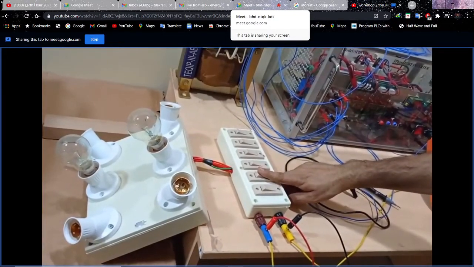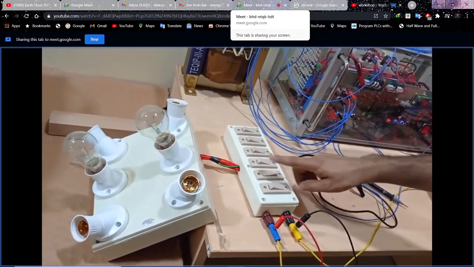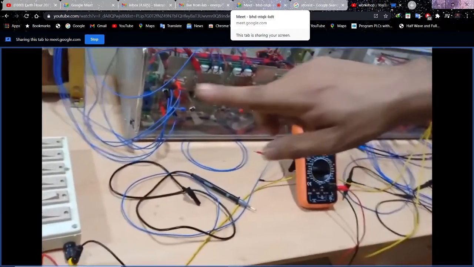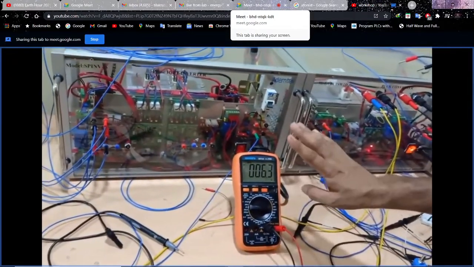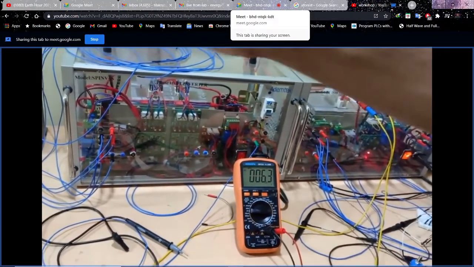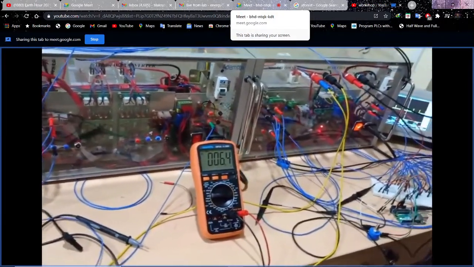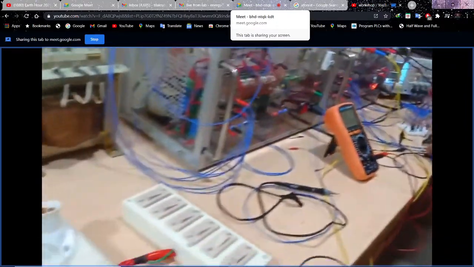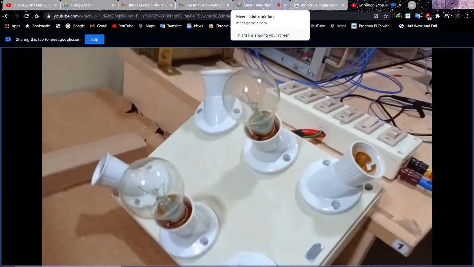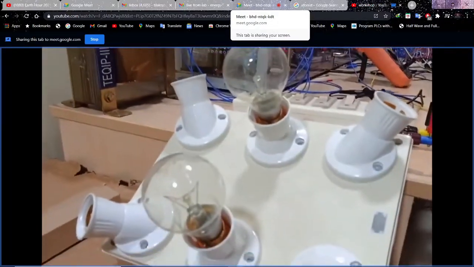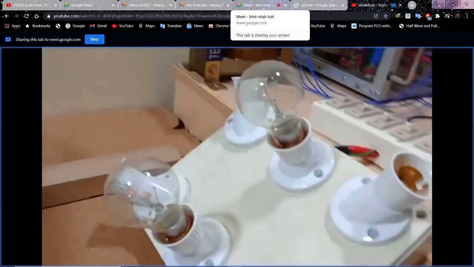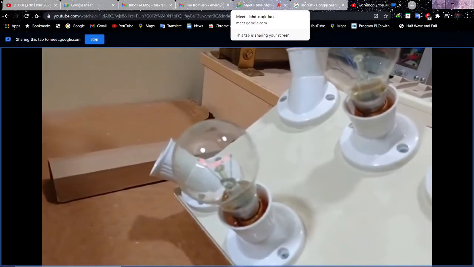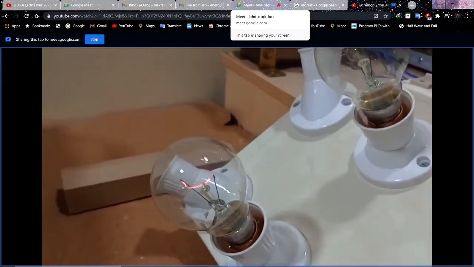Okay, now we are turning on the light, the load. The moment we have turned on the load, you can see the light is not glowing, and immediately the voltage has dropped because whatever energy the capacitor stored has been drained by the load. But the voltage is so low that it is not glowing. So now what will happen? We will increase the duty cycle, we will increase the voltage, and we will check what happens with the load. So gradually you can see the illumination is showing.